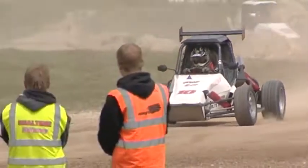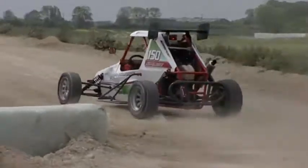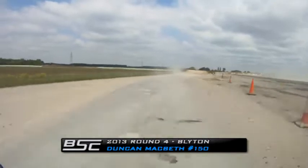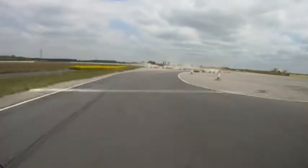Yeah, and look at the gap that Duncan Macbeth got over Phil Lee now, to say Phil Lee was ahead before, and a quick hand up there from Phil Lee. I'm not sure if he was waving or frustration. I think he was waving to say how good was my power slide around that corner, then. Nice. He was giving himself 5 out of 5. I reckon, but maybe high fives, but no one can get near him at the moment, so...